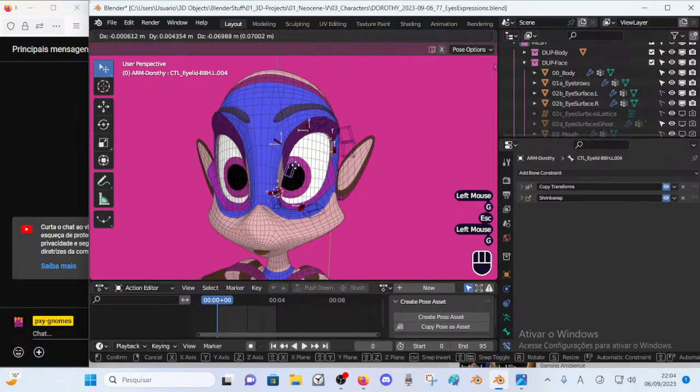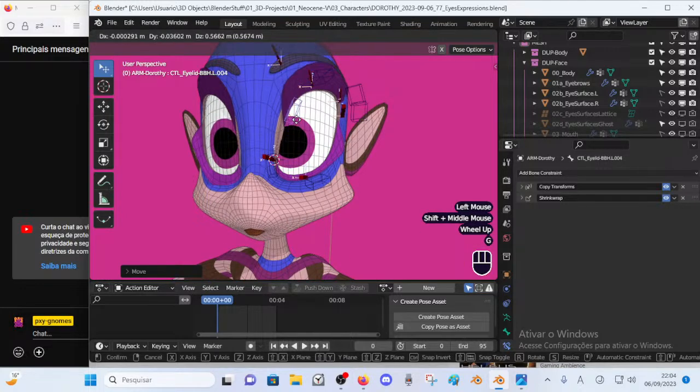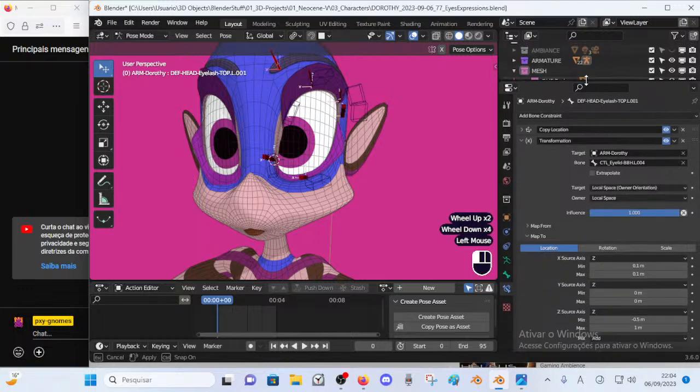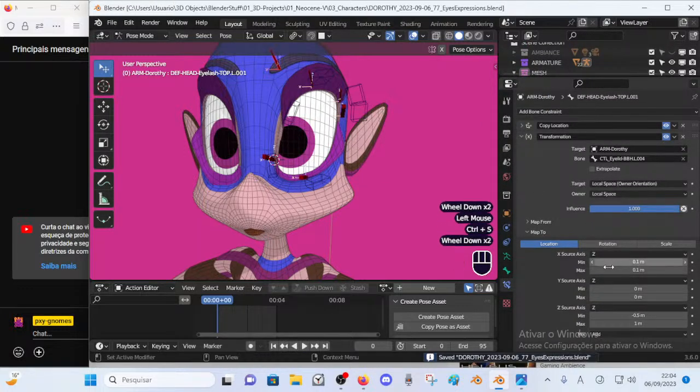Alright, so hold on. I want the eyelash to go downwards more, and maybe it's going a bit too much up, right? We don't want that, so let's just reduce the, yeah, it's a gigantic bone constraint. Let's augment the size of the panel, the editor.